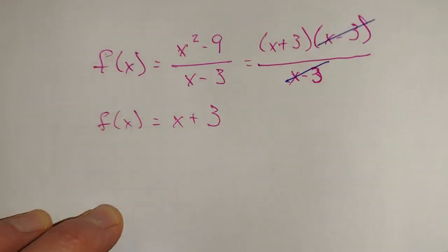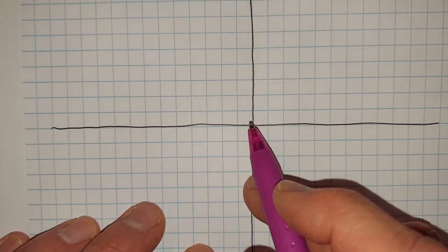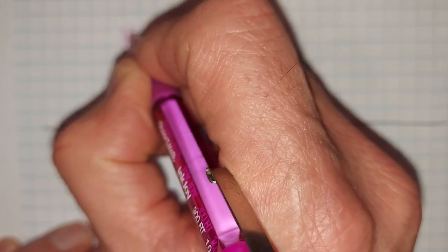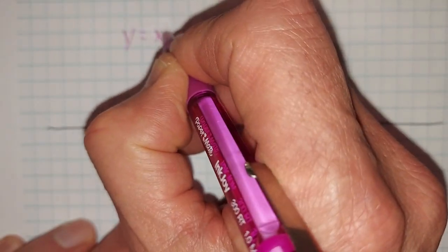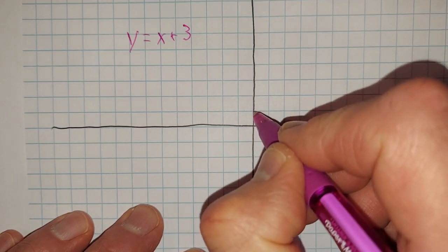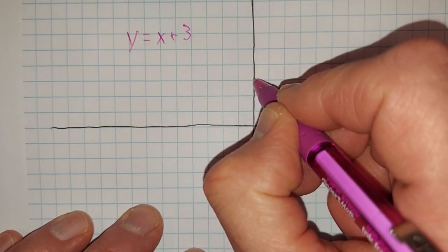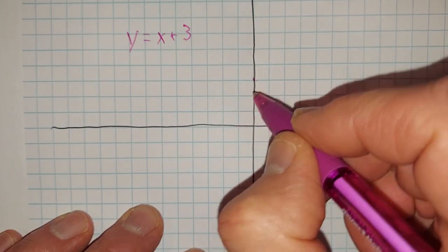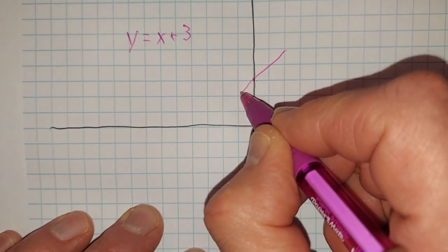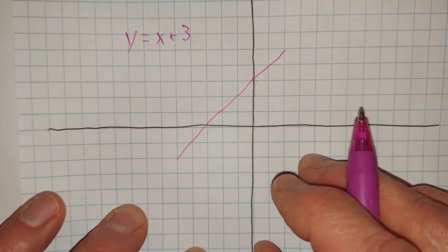So if we were to graph that, all right? In other words, we want the graph of y equals x plus 3. Okay, so we know that it has a y-intercept of 3. It has a slope of 1. Okay, so it comes down, just like that. Okay,